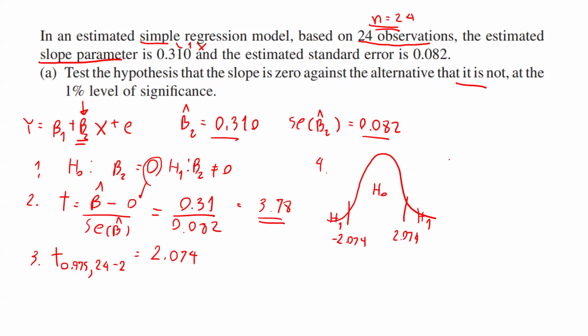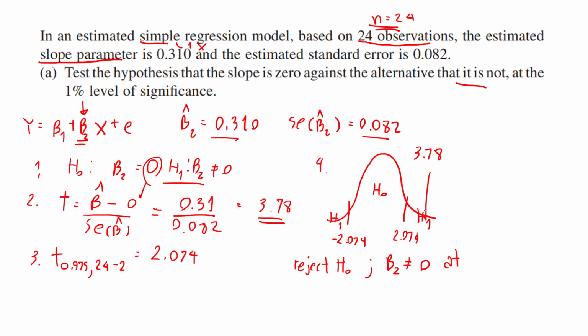Then your second step result goes to H1, right? So you have to write down that you reject H naught, which means beta 2 not equal 0 at